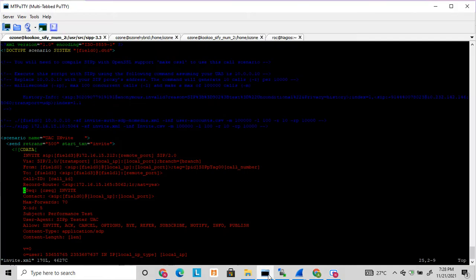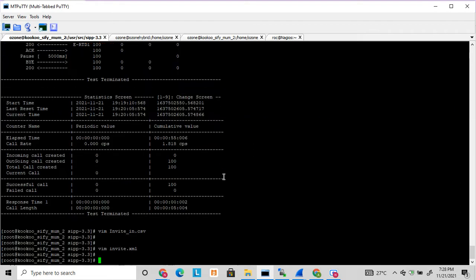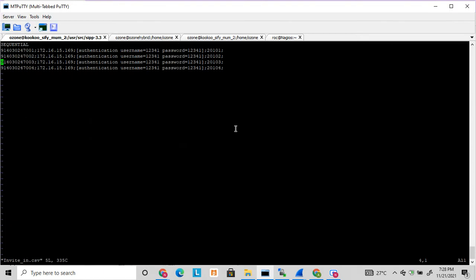So let's start today's topic. Friends, here I am just showing you the CSV file first. Here is my CSV file. You can see that the values are semicolon separated. You can define whichever values you want to include in your XML file, and you can read the values with the fields.